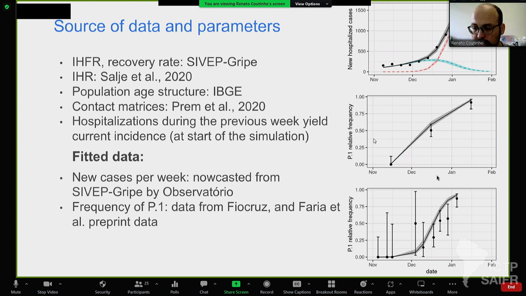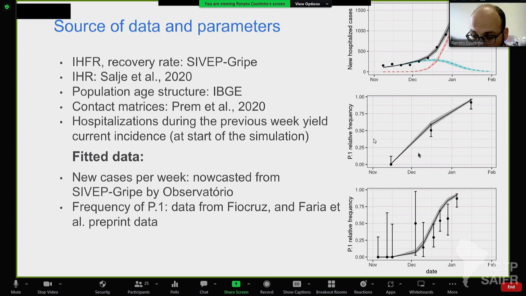And these two plots down here are the estimated frequency of the new variant relative to the total number of cases, right? So we had genomic analysis: samples of individuals with COVID that were analyzed genomically to determine which variant they had. This is Fiocruz data that was released per month, so we have November, December, and January, and it went from pretty much 0 to something close to 100%,